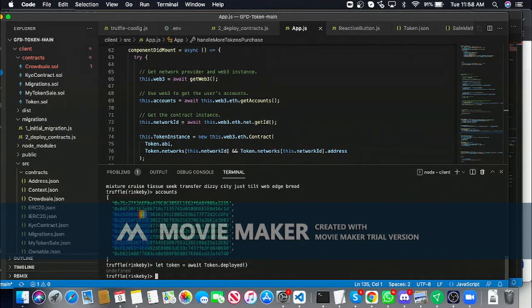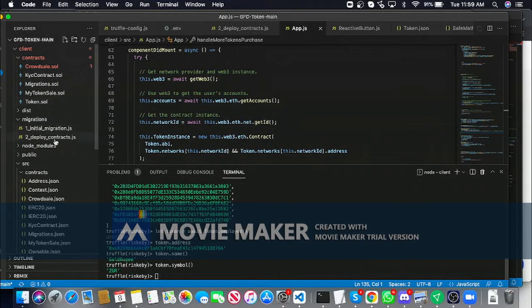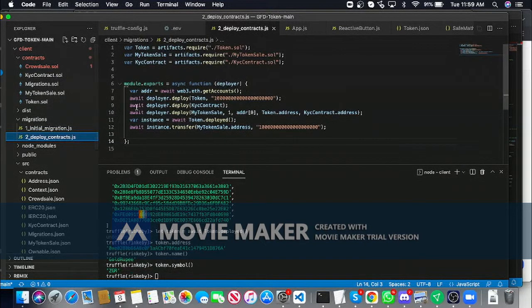Okay, and then it comes up undefined, but if you did something like token.address, it comes up. That's our token address. Token name. You can see the token name, token symbol. That all comes up, and where I'm getting that from is